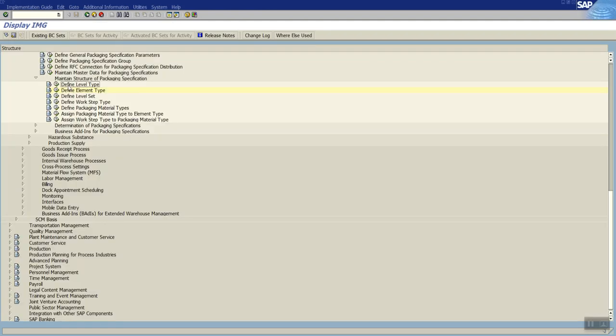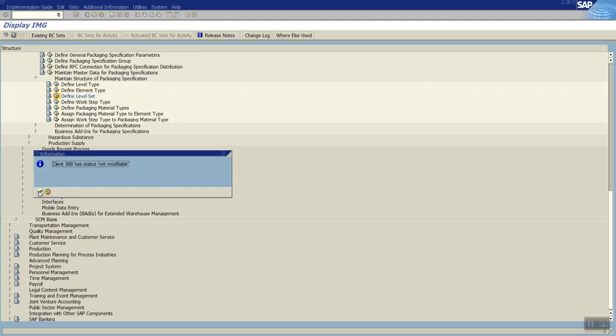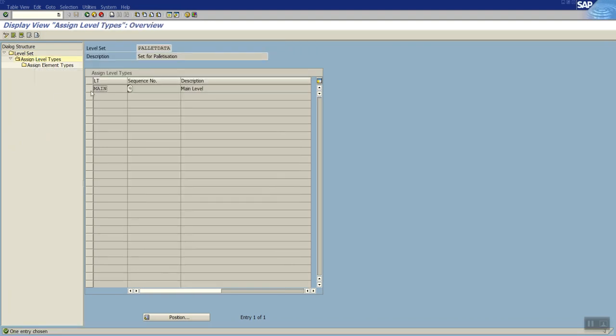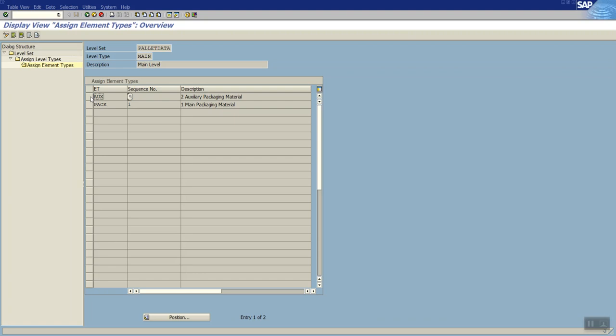So once we have the level type and element type defined, we will assign all of them in a level set. If you select and see here, my level type is main. Here I am telling the system that I have only one level, and inside that I can use both auxiliary material and packaging material.